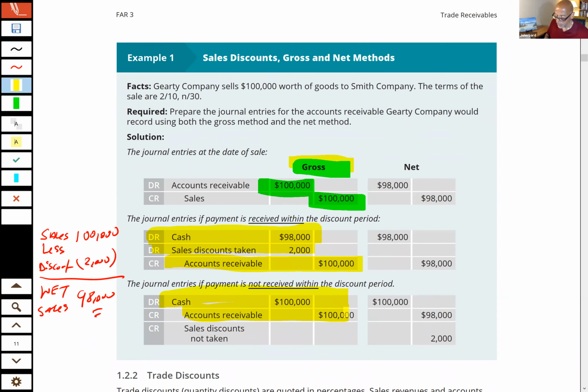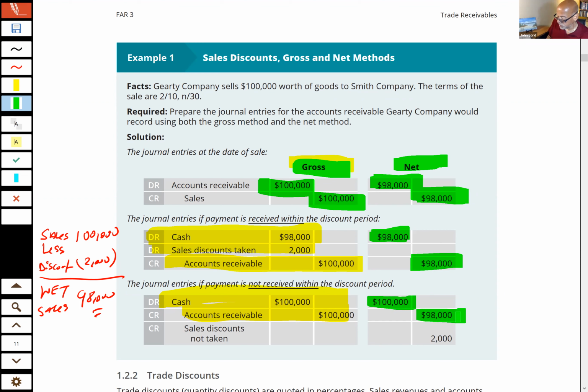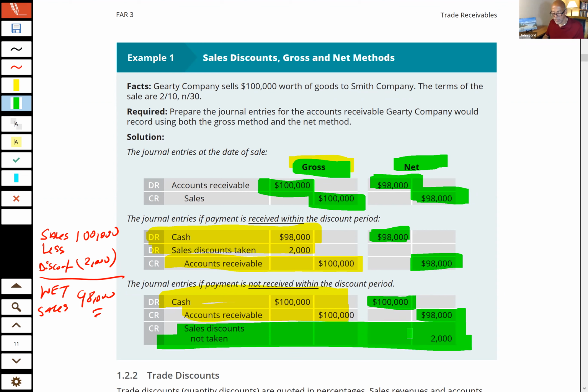Now, if I think the customer is going to take the discount, then I'm going to use the net method. Under the net method, I book the receivable net of the discount. If they take the discount, fine, I simply debit the cash and credit the accounts receivable. If I thought they were going to take the discount and they do not, then I debit the cash, 100,000, I liquidate the receivable, and I credit an account called sales discounts not taken, which essentially would be added to sales so that my sales reflect the amount of cash that I actually